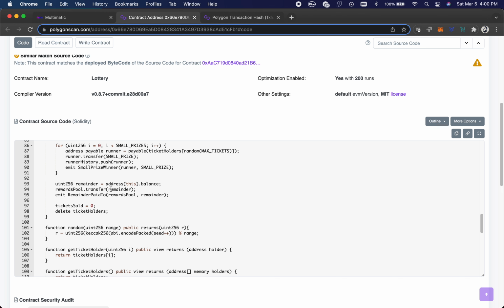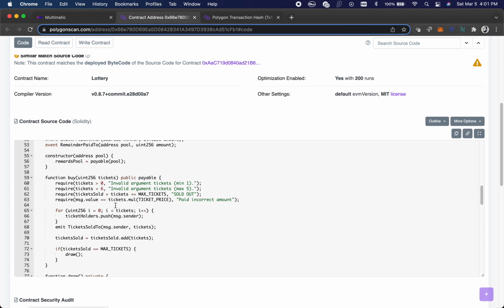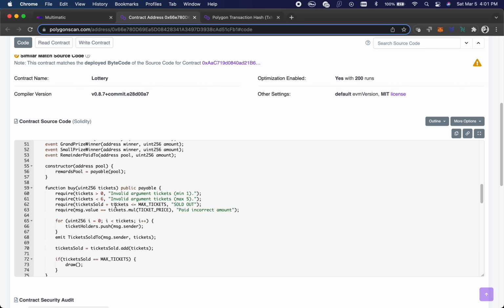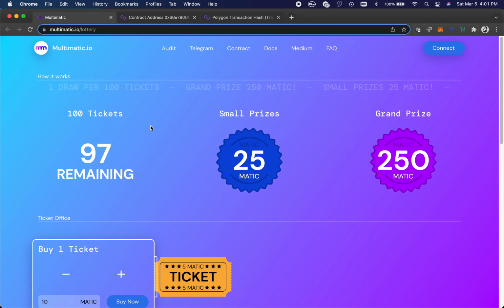This is where it transfers everything over to the rewards pool, which is the balance of the staking contract, and it resets everything. So it's pretty simple stuff. Math library. This is in basically less than 100 lines of code. This is kind of the core of this. So it's pretty simple. Kind of a really cool little piece of functionality to support the contract balance of Multimatic,